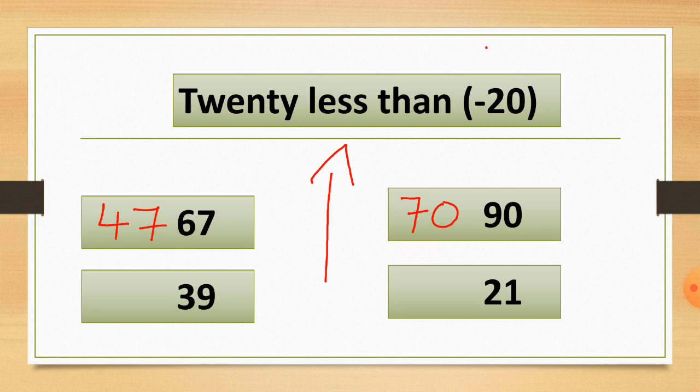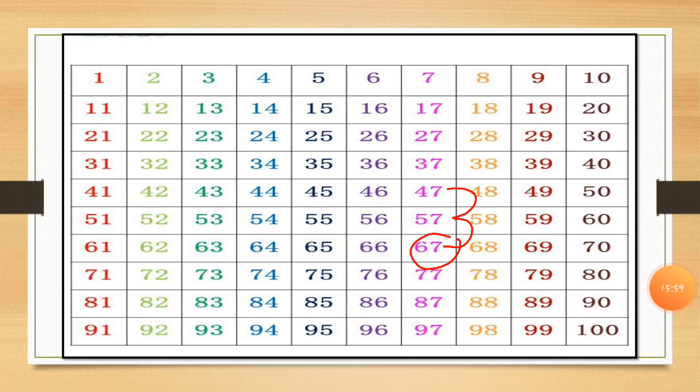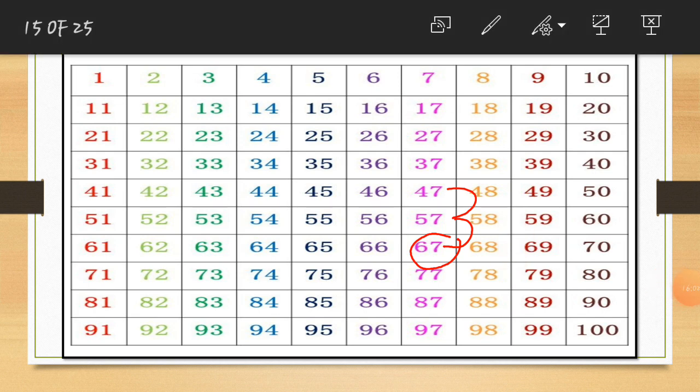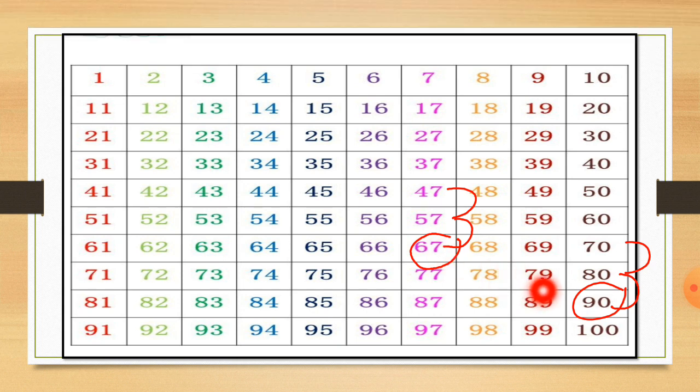Let's check this in the hundreds grid to see if our answer is right or wrong. See students, I circle the number 90 first, so you can easily understand this. Here is the number 90, I circle it, and we have to cut 20, so we have to go upside. So we will get the answer. Here is the 1 step and here is the 2 step. You can see this. Here is the number 90, I just move the red dot around this number, and the first step is 80 and the second step is 70. So as we get the answer 70 here, we also get 70 as the answer there.